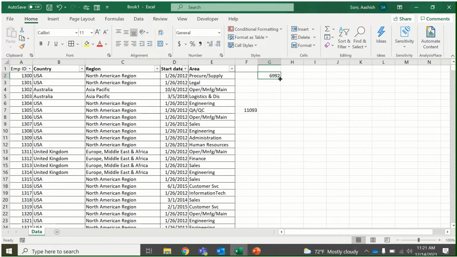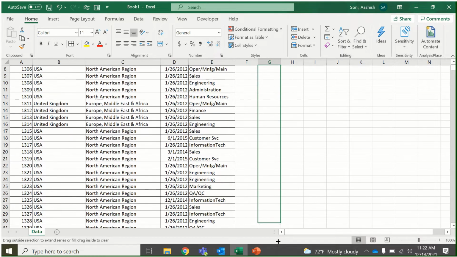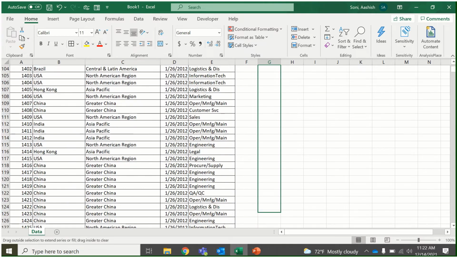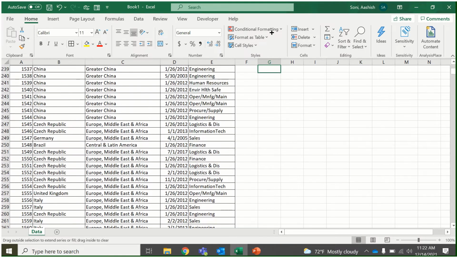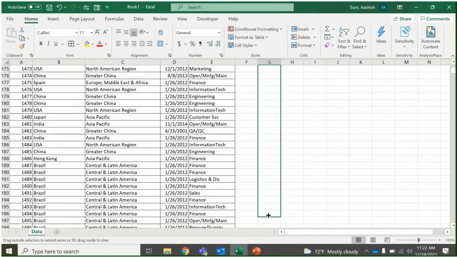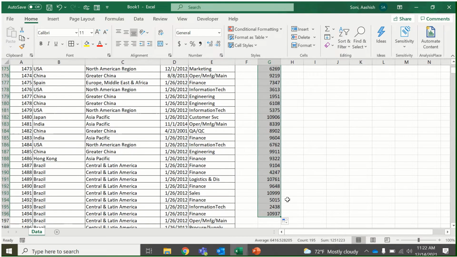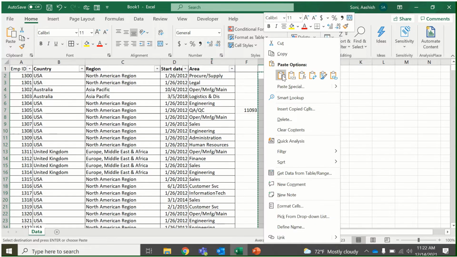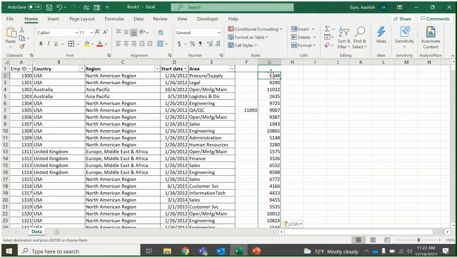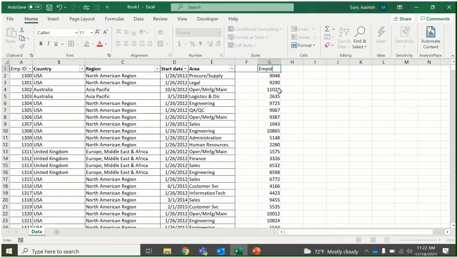Now we'll generate 200. We'll just drag it down and take 200. How many did we get? 195. Okay, let's take 195. Our manager gave 195. I'll just copy, right click, paste values. So this is how you generate random numbers. I'll remove this, it is not required. And this is your employee ID list given by the manager.